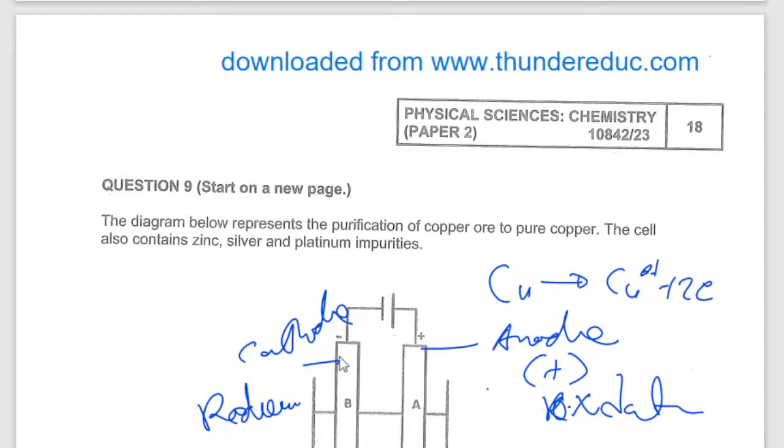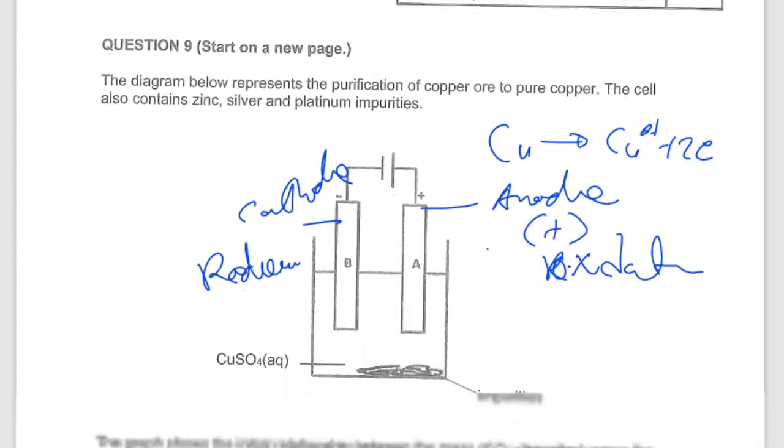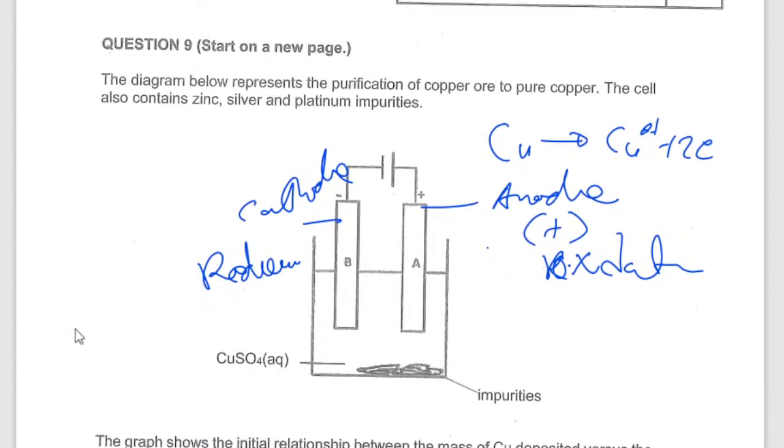These electrons, they're going to move this side. When they come this side, they're going to react with the copper. Understand? These ones, they're going to react with the copper, and then you form copper 2 ions plus 2 electrons gives you copper solid, and then the mass is going to increase. So meaning that the answer is B,